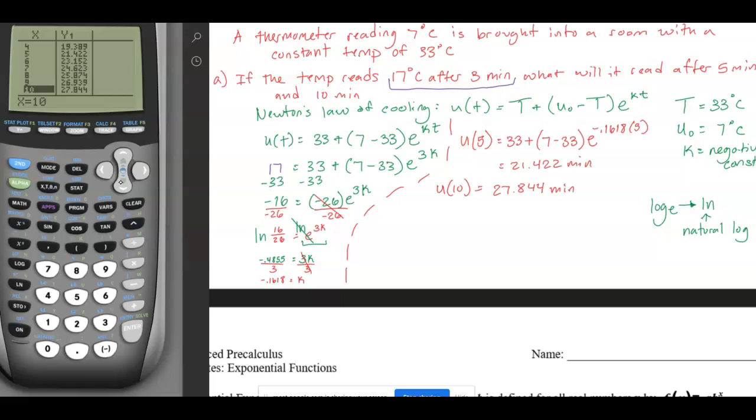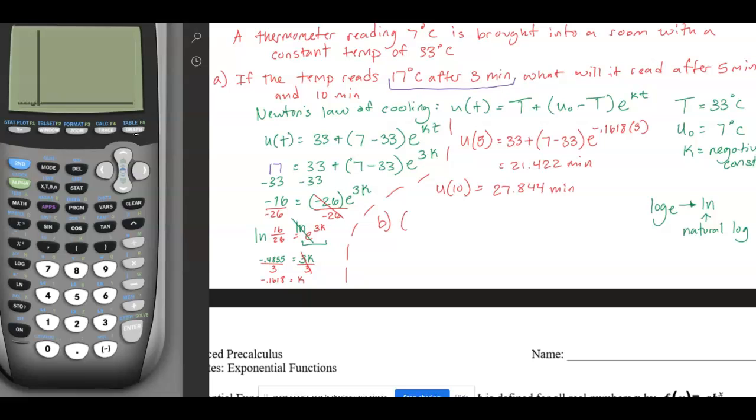I believe there was a part B, which asks to graph the relation of temperature and time. I'm not going to go over that, because I trust that you guys can figure out how to graph. Oh, I do want to tell you just really quickly, MathXL will say which one of these represents the graph, and then it will say